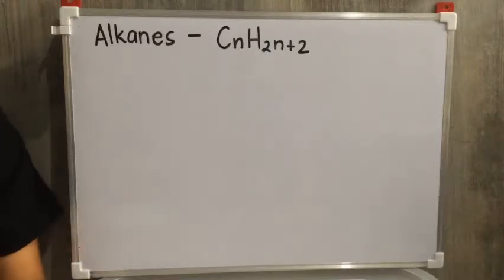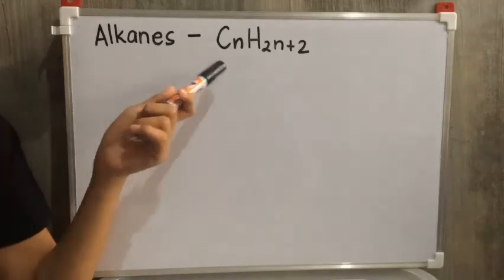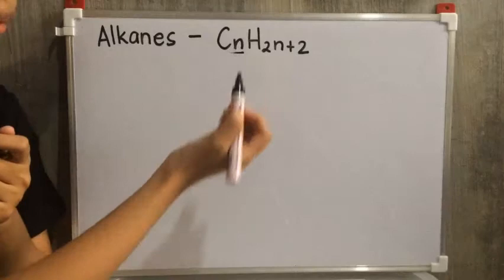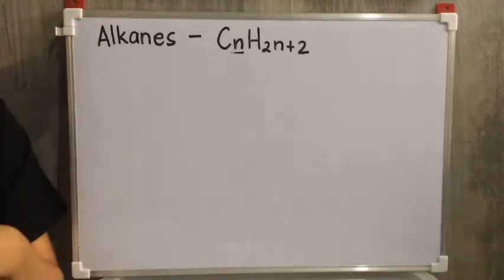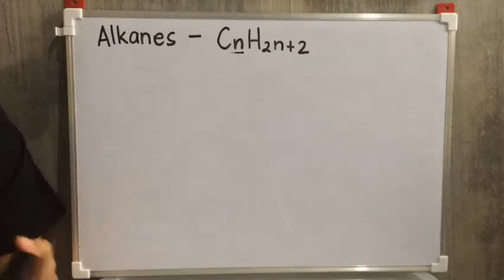So, our topic is about alkanes. Alkanes have the general formula CnH2n plus 2, where n stands for the number of carbons. The name of an alkane is made by adding the suffix -ane to a stem that indicates the number of carbon atoms in the compound. Let's have, for example,